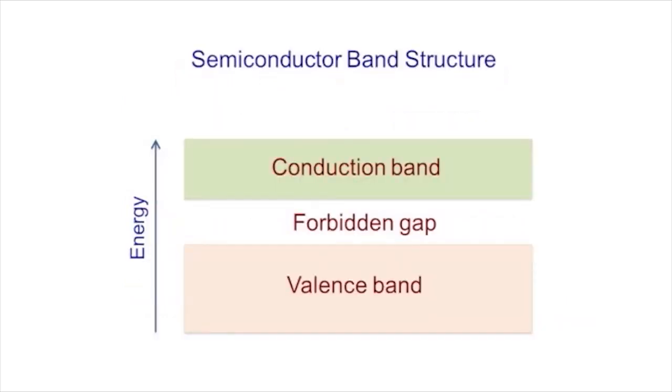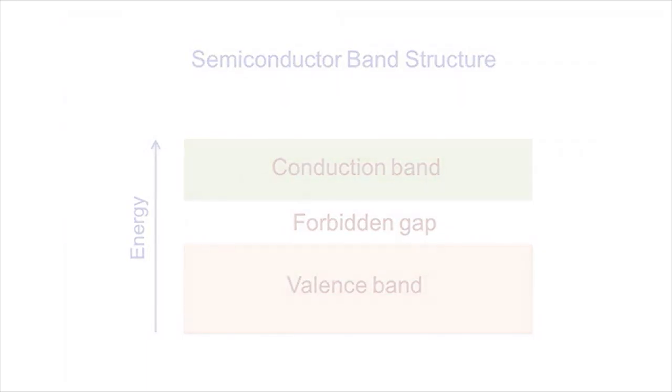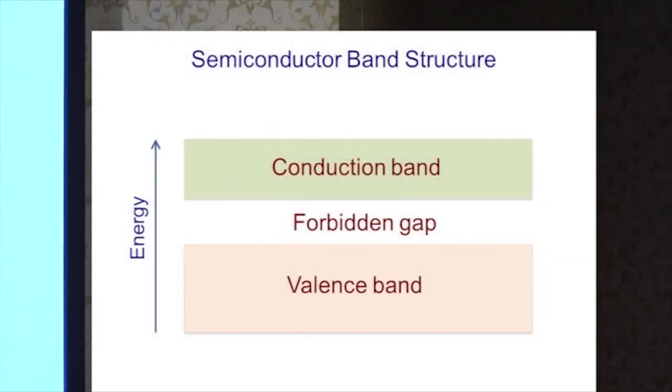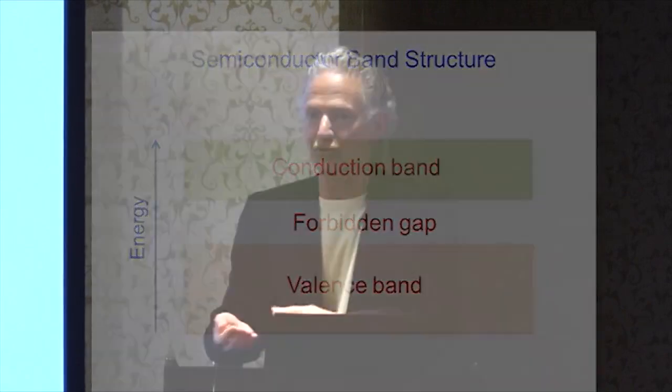Let's take a look again. This one's a little more subtle, and I'll go through it. It's really for specialists. But we know that semiconductors have electrons that can exist at various levels. They can exist in what's called a conduction band, they can exist in a valence band, and they cannot exist in the forbidden gap. And silicon is an example of this. All the electronics that we work on is based upon the fact that there's a forbidden gap in energy. So where does that come from?